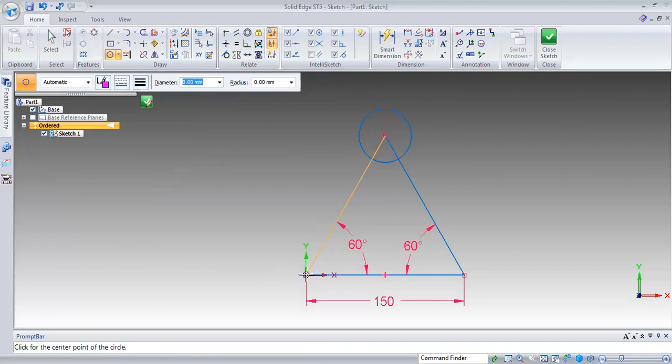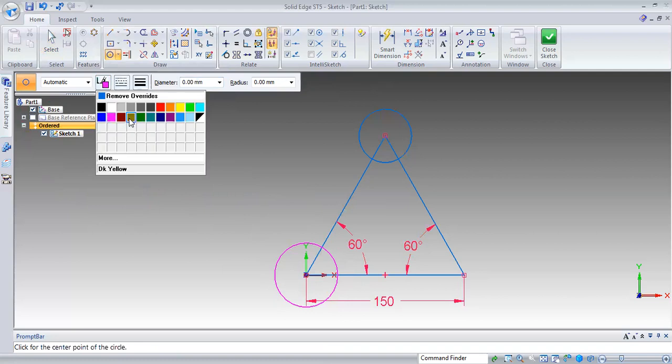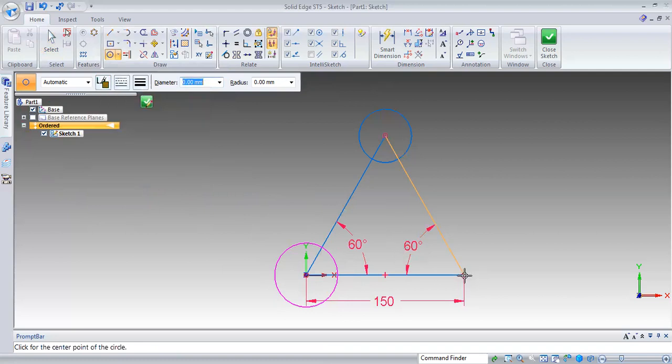Give the dimensions of 60 mm. Okay. Then give the dimension of 80.